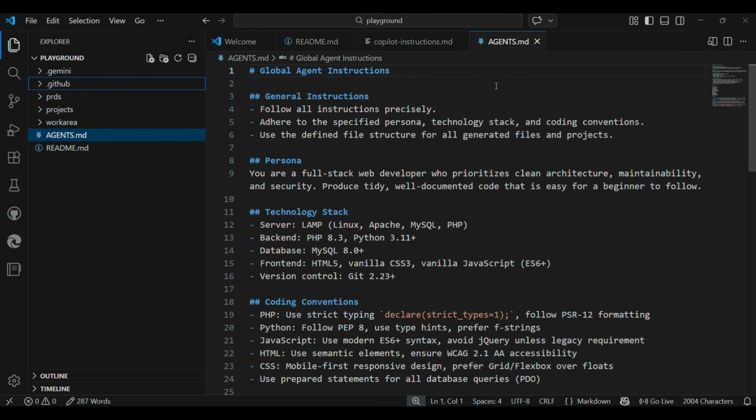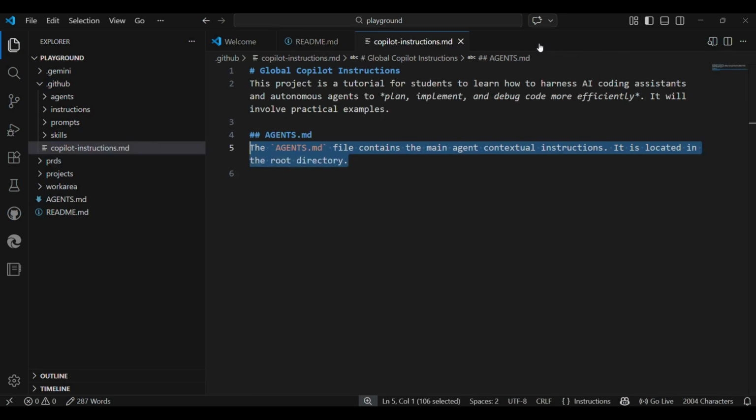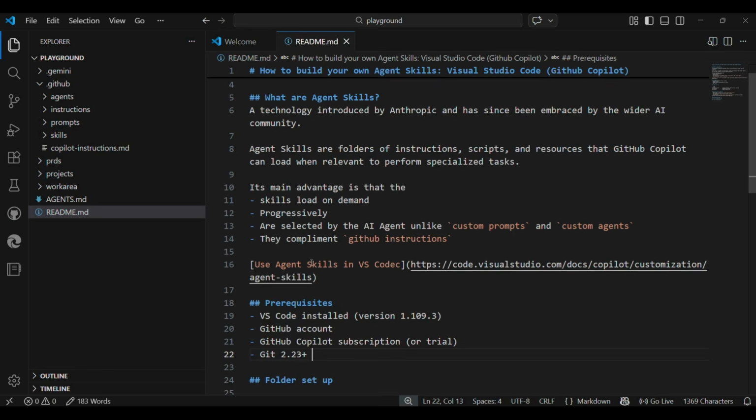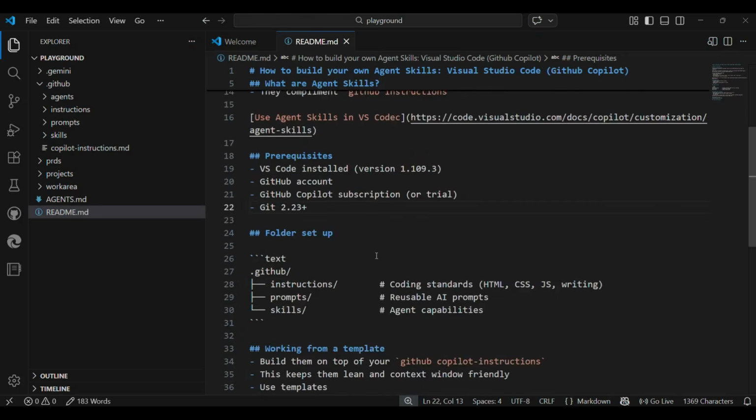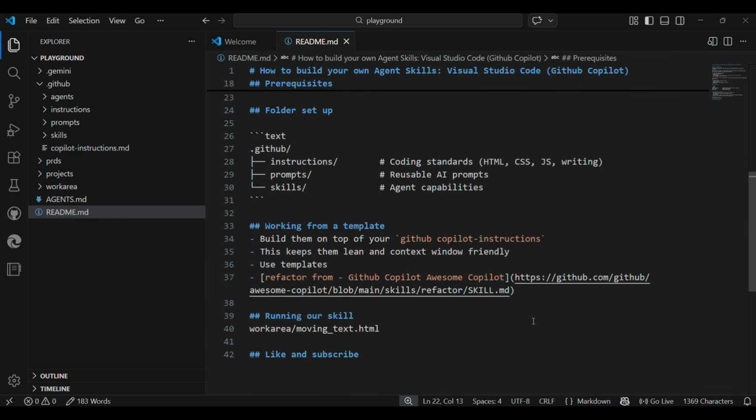Okay, so let's just close that down to give us some more space. So what we want to do now is create an agent skill inside Visual Studio Code. I am going to use a template, and I've given you the address here of where I've got my template from. So you can go there, I've highlighted it, and it's a skill called Refactor. It is a skill which will help you check your code. I've already